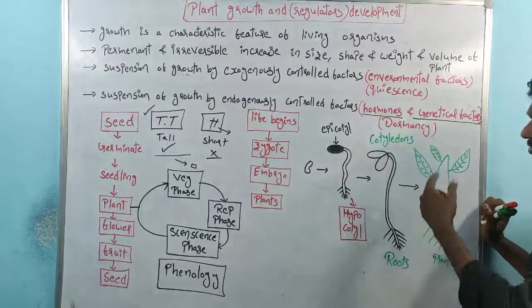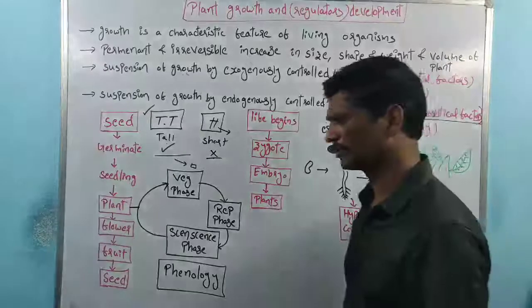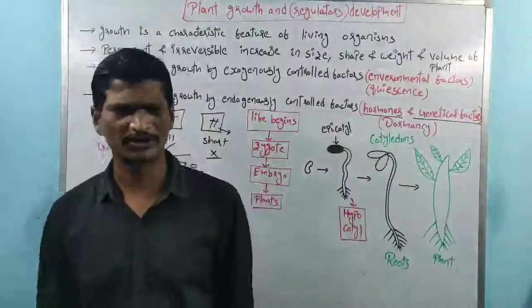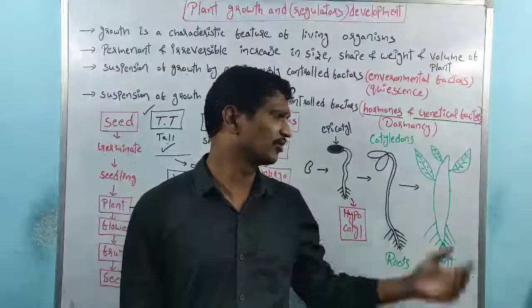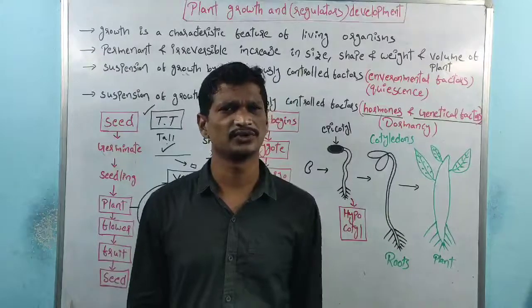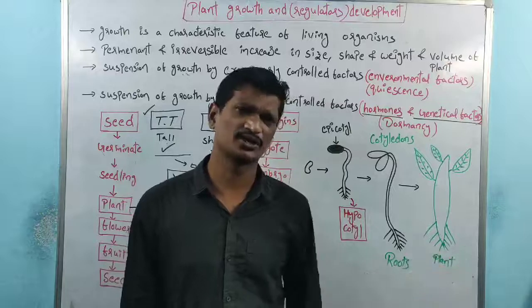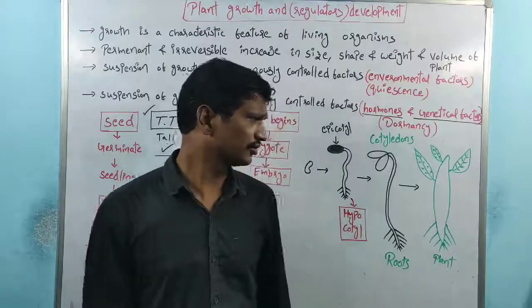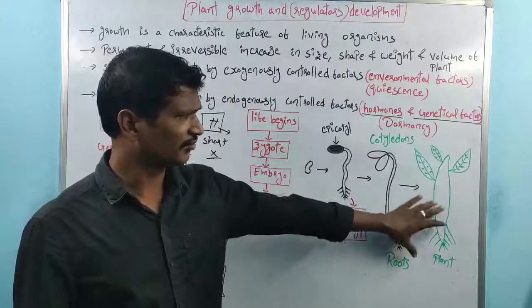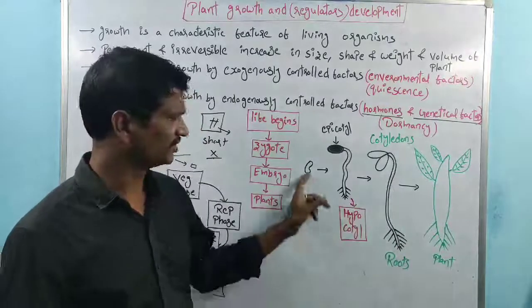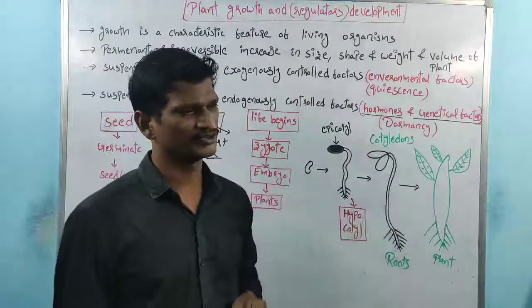Continuously the roots grow and the shoot part grows. Finally plant production is there. The shoot part produces a group of leaves, which perform photosynthesis. Here, whatever the root is there, right? The lateral roots production also takes place, right? So how does the development take place, from here to here?